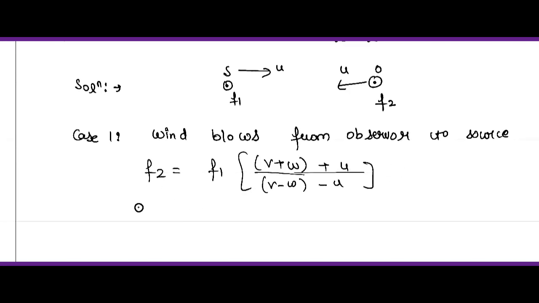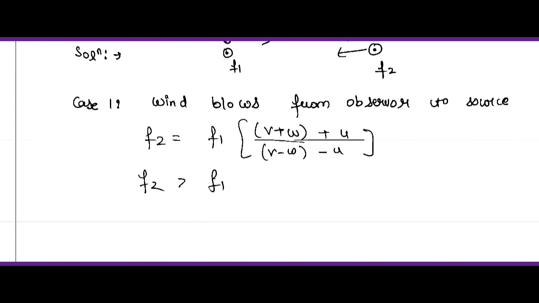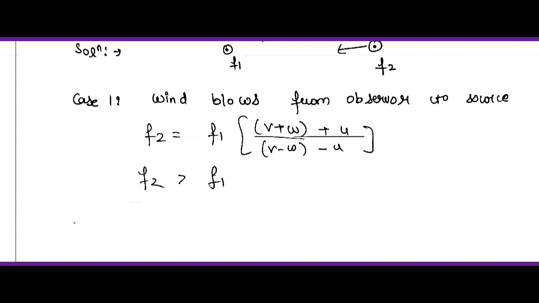So in this case f2 is greater than f1, as some factor is multiplied with f1, so it gives some value, so this must be greater here. So from the first case we get frequency 2 is greater than frequency 1 if wind blows from observer to source,